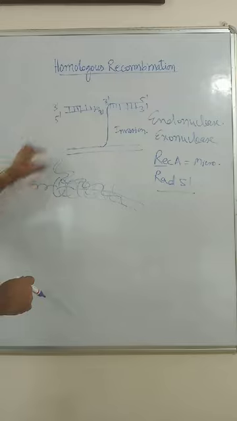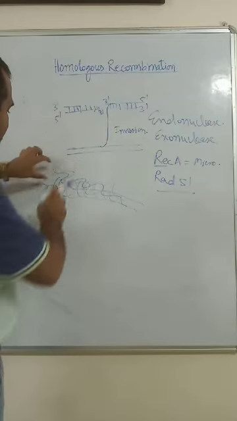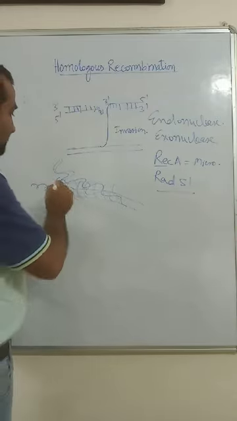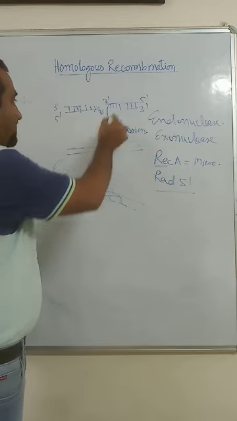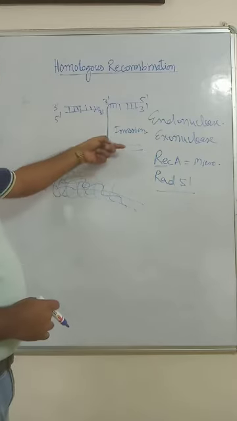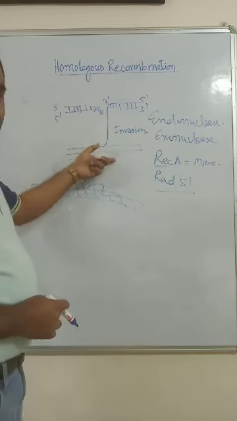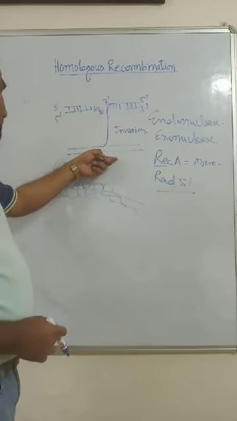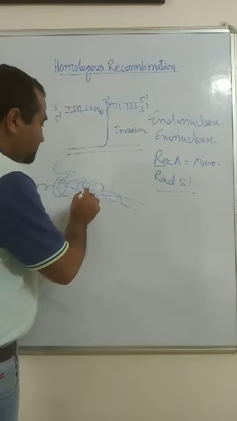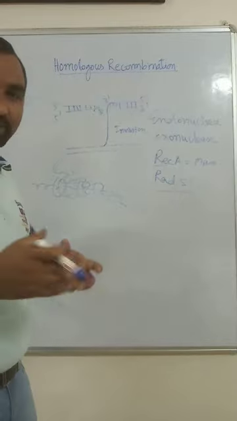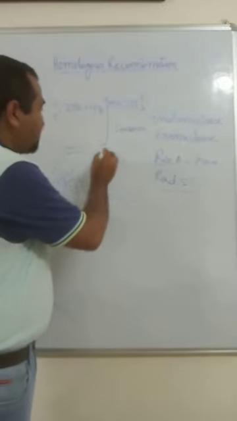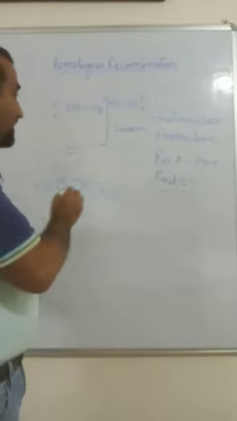So this is single stranded DNA and this is double stranded DNA, and this single stranded DNA is invading the double stranded DNA of the second chromosome, and it tries to identify the sequence complementary to this, and whenever